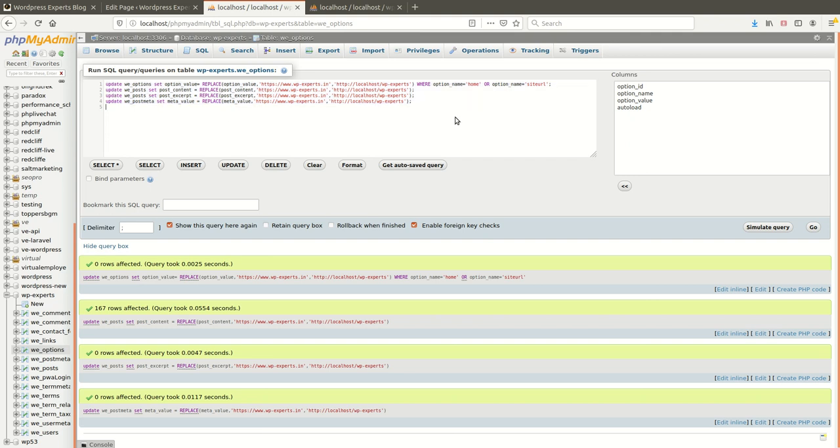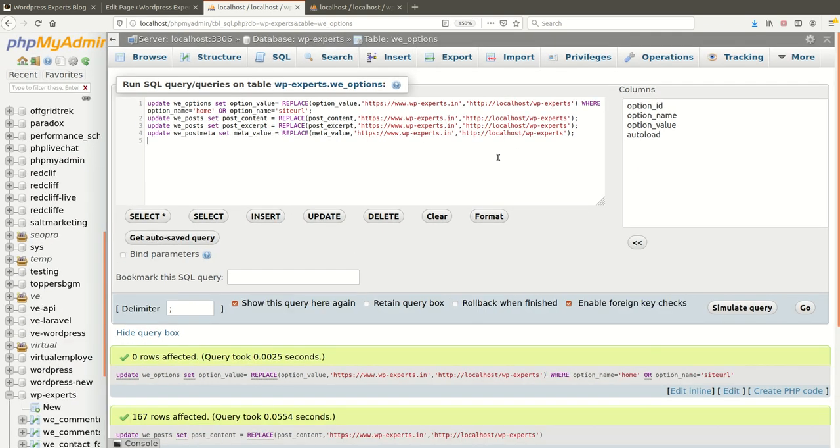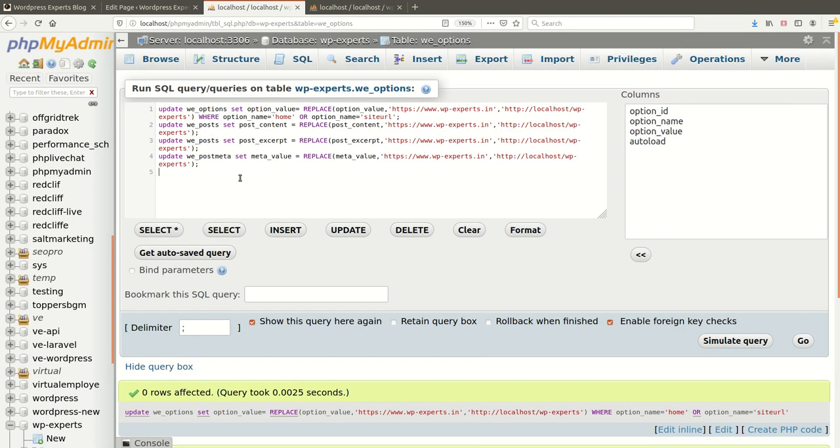You can do this query. I am repeating again, here we are using the replace function only. The first value of the replace function is your column value, the second is your old or existing website, and the third one is your new site, meaning the new URL where you are going to set up the website.